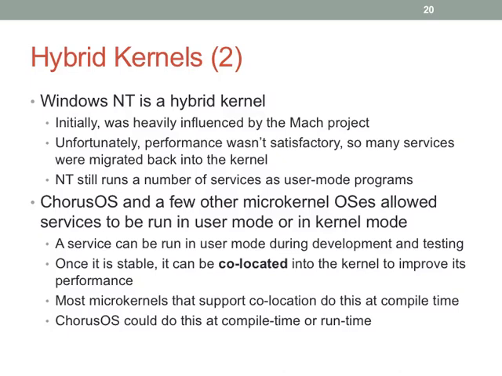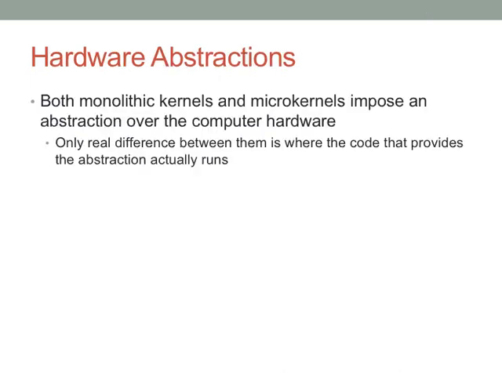Okay. Like I say here, most of the microkernels that do this only support colocation at compile time, so you get back into that whole, I've got to rebuild my kernel to colocate something. But Chorus is fun because it can do it at runtime as well. So there's another OS if you want to look at an example of a hybrid OS. Okay, questions? So there's that. You can see how these things would all fit together.